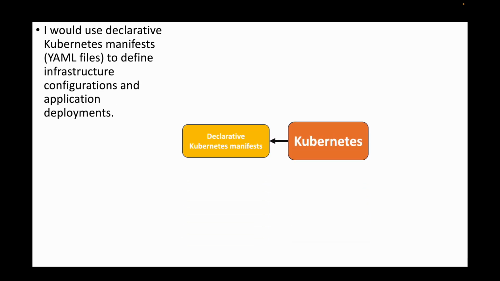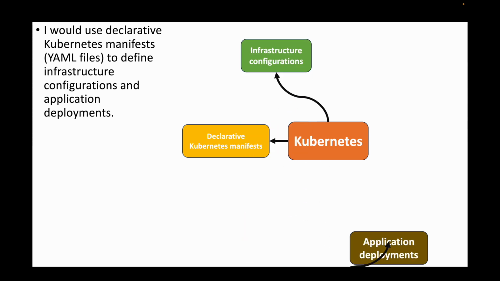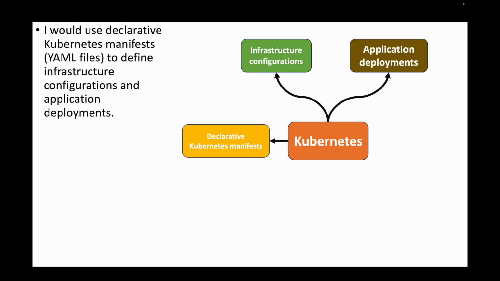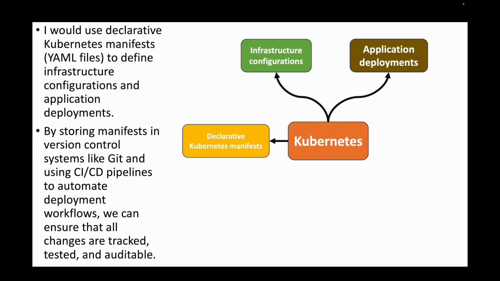So for this, we can make use of your declarative Kubernetes manifest, which is basically having all the instructions in terms of YAML file. So it could be your deployments, it could be your pods, it could be your services. Everything should be in a YAML file to basically define the infrastructure configurations and also your application deployment. So everything should be converted to YAML files,